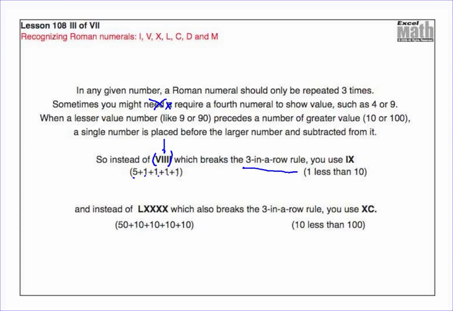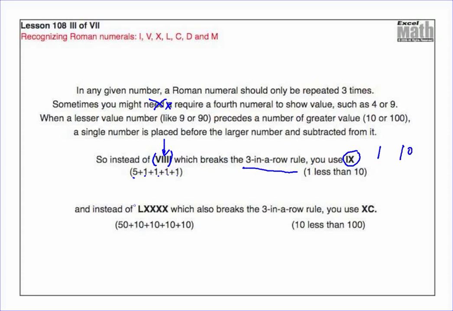There's 4 I's in a row. You can't do more than 3 in a row. So what they're going to do is write it as IX. And in this case, the I meaning 1, the X meaning 10, this is a subtraction problem. And I'm going to show you in a minute how I solve these because they do get a little confusing